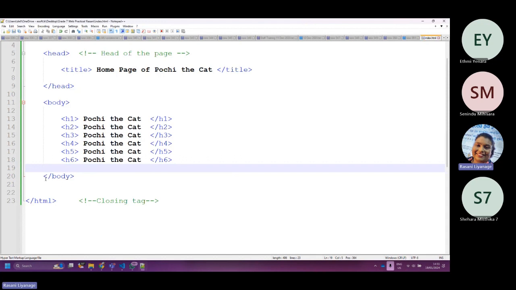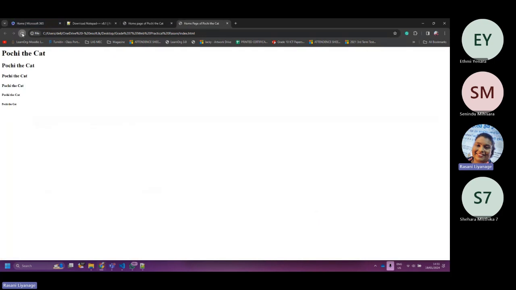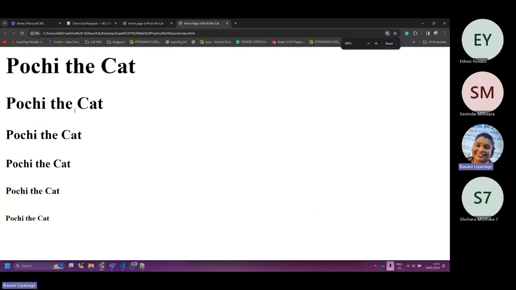The same text, Pute. I'll just show you what is expected. After saving and refreshing, it will show you all the headings like this.